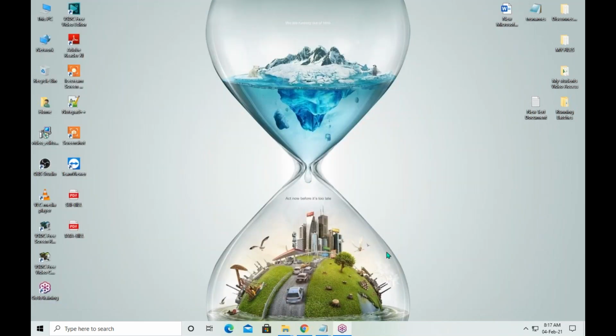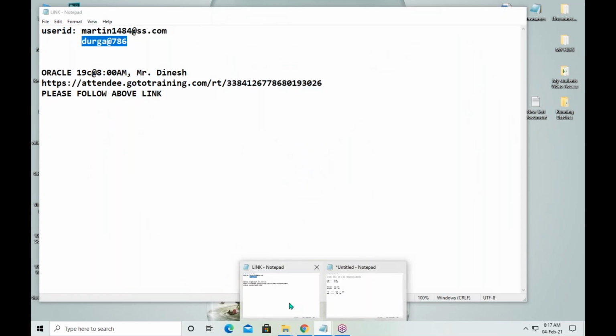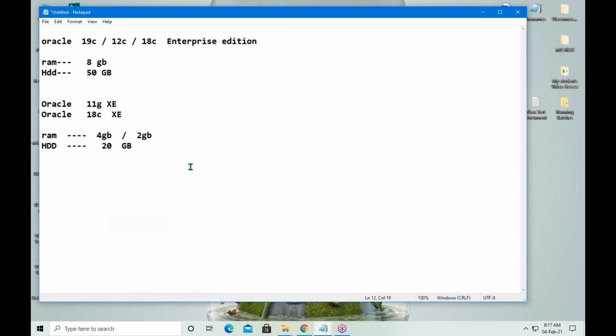After installation, how to connect to database? So here, how should I connect to database?